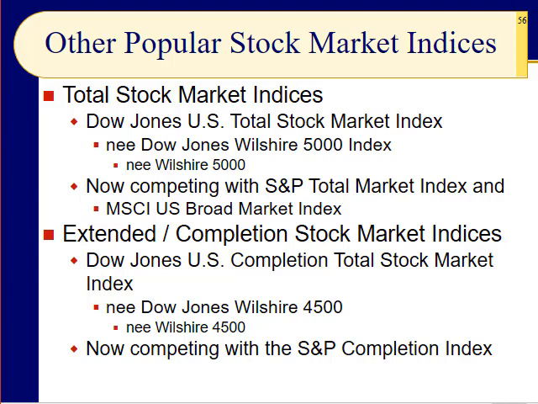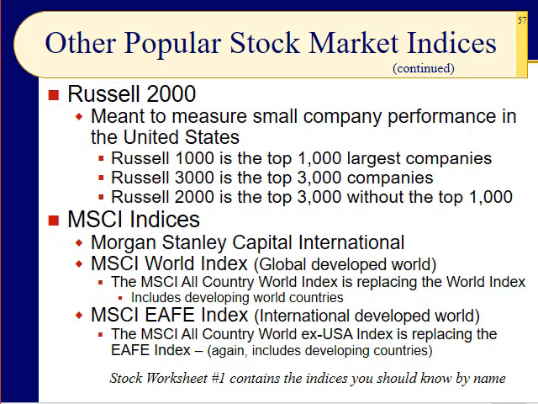And is that confusing enough for you? I don't think so. I liked Wilshire 5000 and Wilshire 4500, but yeah, that's what you're up against. They don't want to know anything about Wilshire anymore. Wilshire was another company based, I assume, in LA, because Wilshire Boulevard, and Dow Jones sort of bought them out and then kicked their name down off the curb. So that's 57. And then a few more that you should know.